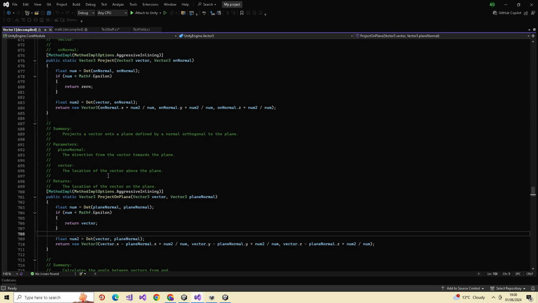Vector, no it's not, because that's vector and that's on normal. There's a few differences. And return 0, it returns the vector. Plane normal. Number equals vector, plane normal. So number 2, number and number 2 are exactly the same, but then you come to this, which is different. Yeah, this is quite radically different, is it? Just number 2 over num